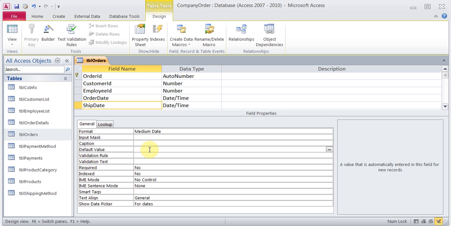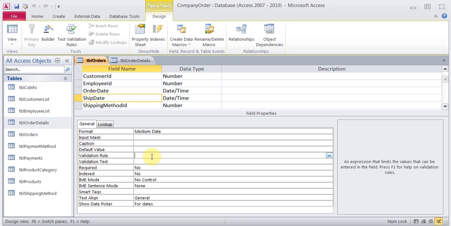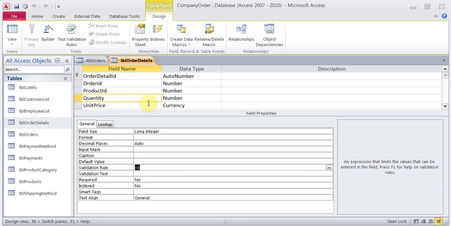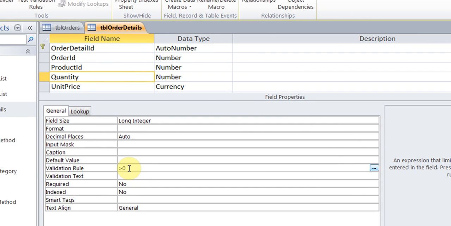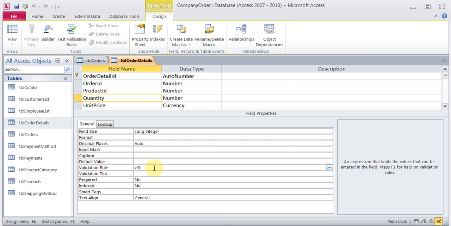The next thing I want to tell you about is the validation rules. Validation rules means you can set a value and say that if it doesn't match this value, it is not going to allow that. So say for example, for this validation rule, I'm just going to go to the table order details design view and say in the quantity field, I put this validation rule greater than 0. That means nobody can create an order with 0 quantity. So let's see. And you could use rules like greater than, equal to, so you can use those type of values. And in the validation text, I can say enter a positive number